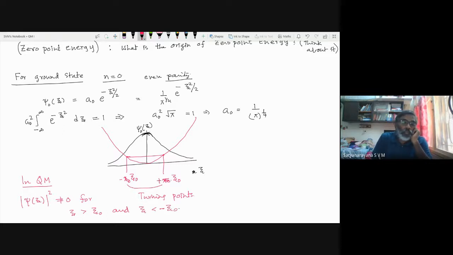So that means it's not that the particle will not go beyond these turning points. The particle will go beyond these turning points, and it's a nice exercise to find out, given the wave function, of course, I have given the wave function, the probability